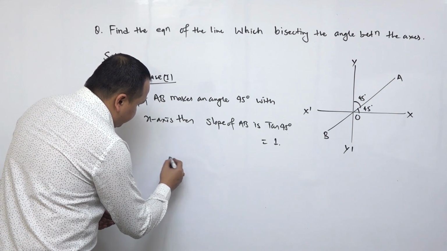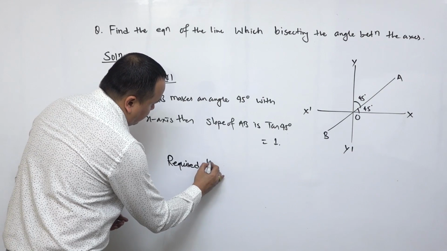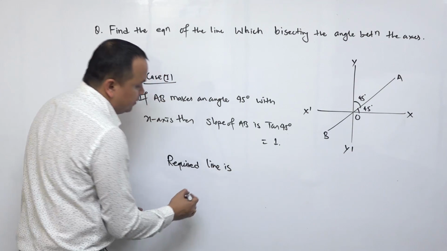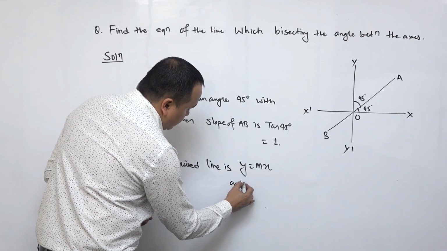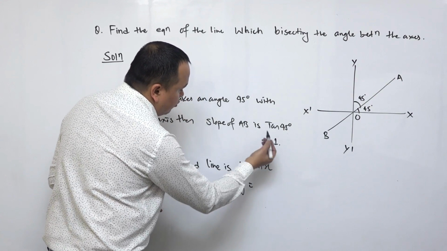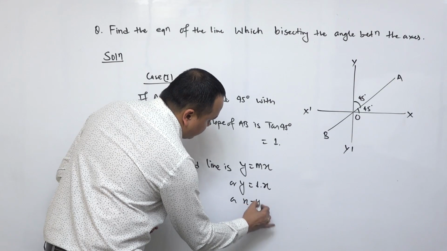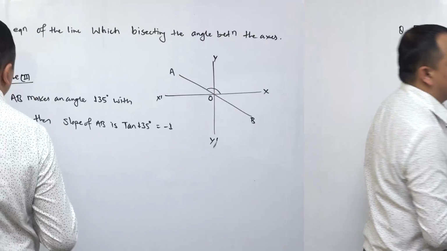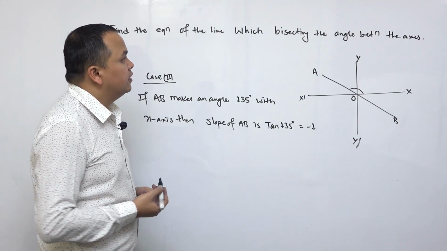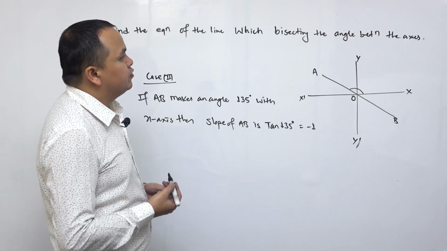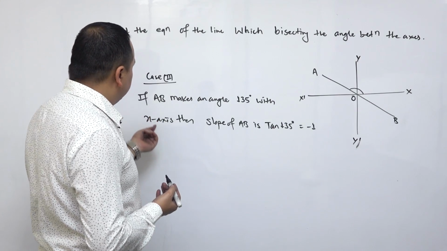The required line is y is equal to mx, or y is equal to 1 into x, or x minus y is equal to 0. Now case 2. If AB bisects the angle between the axes, then another case is AB